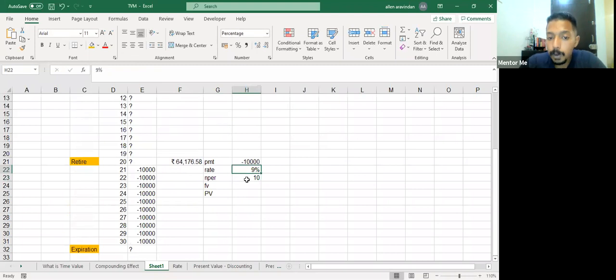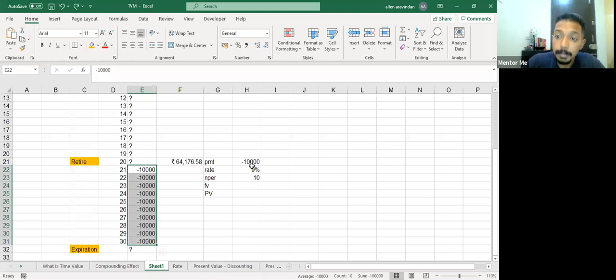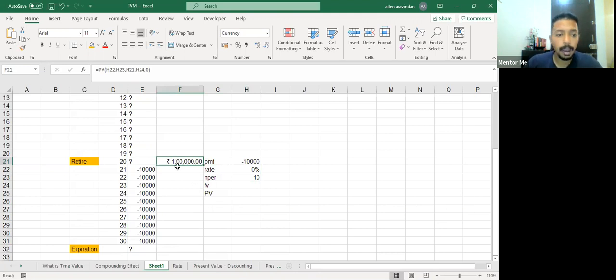See, if we do not assume this 9%, and that is exactly what is happening, Shani. Because if you remove this 9%, see what happens. Because of this 9% only, 64,176 is able to manage 10,000. If this 9% was not there, the requirement would increase. If it becomes zero, then I would need 1 lakh, a simple calculation. And if I have 1 lakh, I will just withdraw at the rate of 10,000.